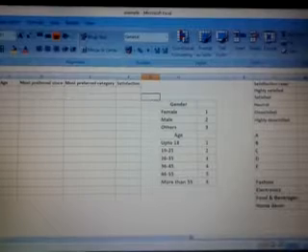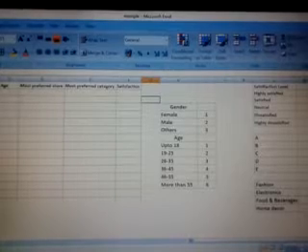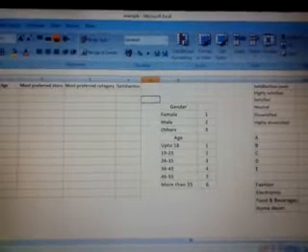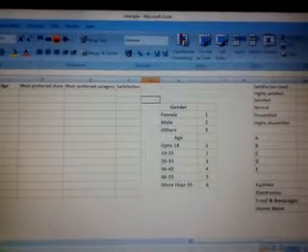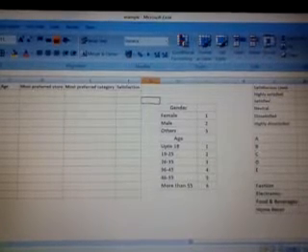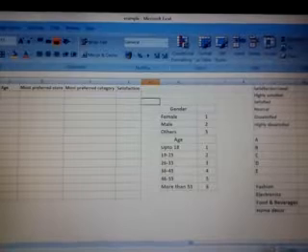So first we have coded the data. On the right side, we can see how data coding has been done for gender: female would be represented by 1, male by 2, and others by 3. This means if the respondent has ticked female in the questionnaire, then while entering data, we will write 1 for that respondent. Similarly, for age, up to 18 is 1, 19 to 25 is 2, and so on.